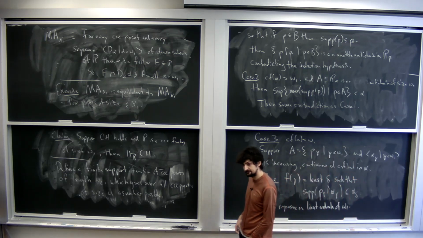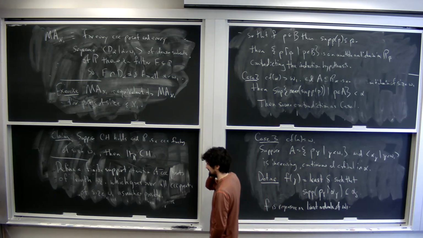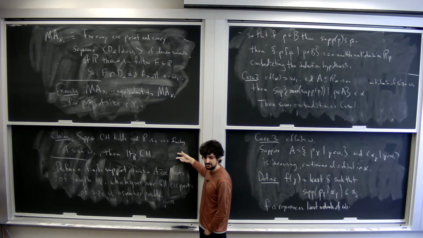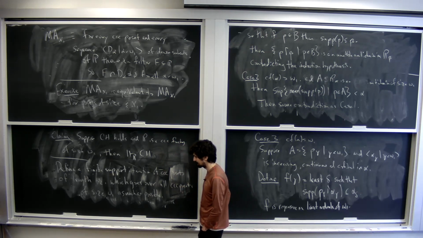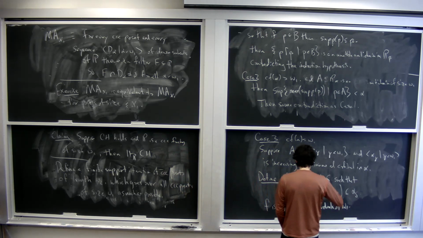Are you assuming that the ground model satisfies CH? Yeah, the ground model should satisfy CH. Absolutely, because we want to use this claim that as we go along through the iteration, CH is preserved. Doesn't it need 2 to the aleph 1 instead, or something like that? I'm not sure why the omega 2 is